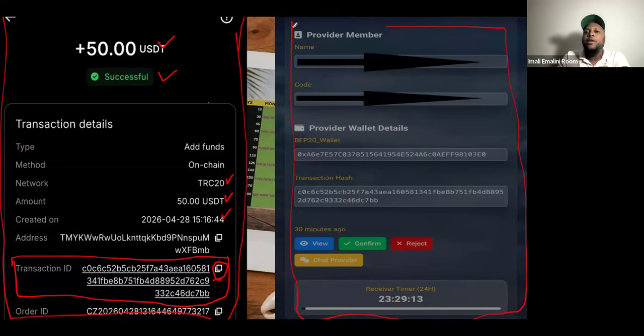At first, here it's going to say pending. Here it's going to say pending. Once you have uploaded, even if you have paid, here it still says pending. But once you have uploaded, the system gives you the whole information. It tells you the provider wallet. It tells you the transaction hash, transaction ID, or TX ID. Once you see this is the same as this one, it matches.